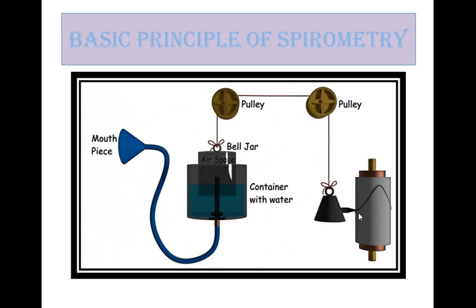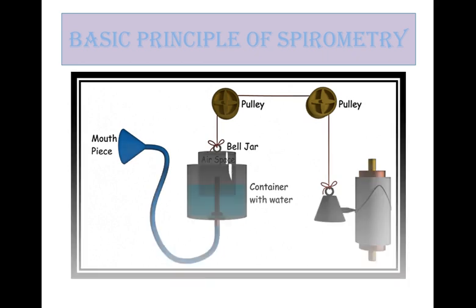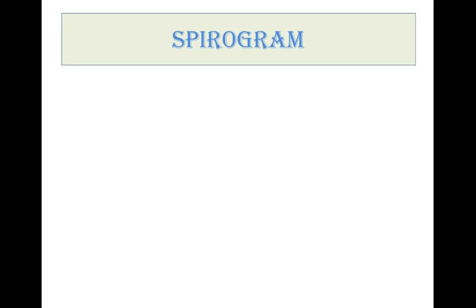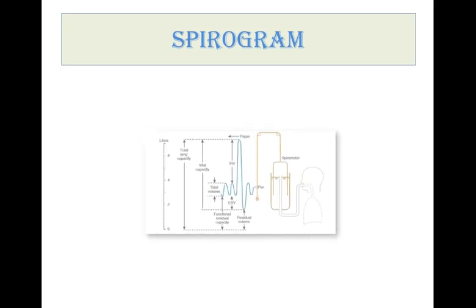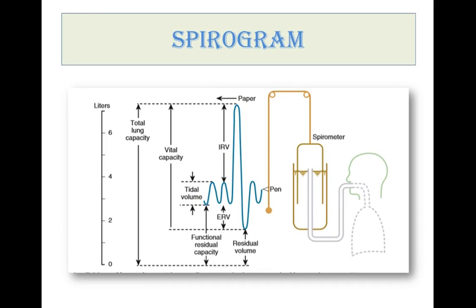So for every expiration or exhalation, there is a downward slope of the graph, and for every inspiration the opposite would be true. That means there would be an upward slope of the graph. Now if we look into the graph that gets drawn, the graph is also known as the spirogram. This is what will be the normal appearance of the graph. These areas represent the normal appearances. That means the patient is inhaling and exhaling at the normal rate without any kind of exertion.